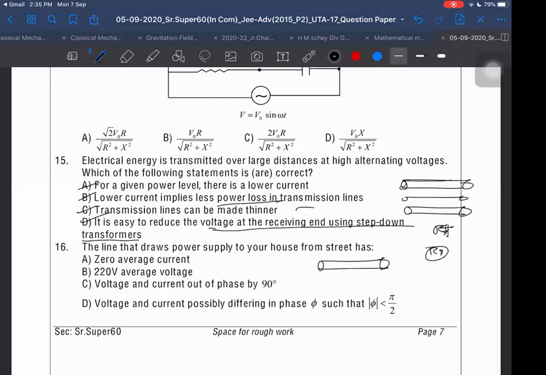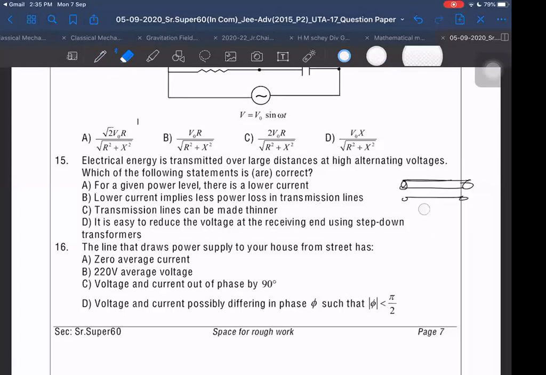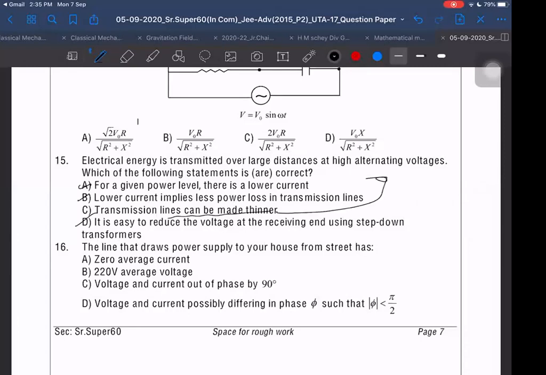So I thought maybe C also might be the answer, but I don't know why they have not given C, and why they asked C. If they should not have asked it, they should have given it in one case. It also appears to be a right justification. Anyway, I'm not disagreeing much; if they give ABD, fair enough. C was hardest to correlate. I correlated it somehow, but I was not sure whether C should be correct. But A, B, and D are definitely correct according to me.